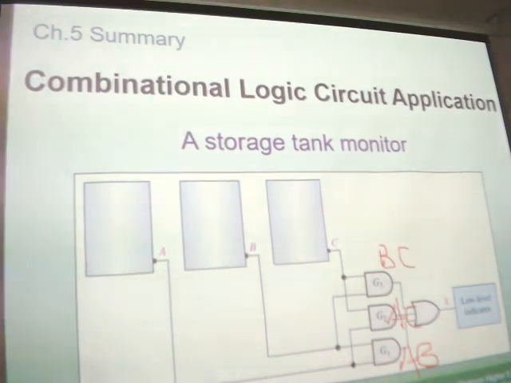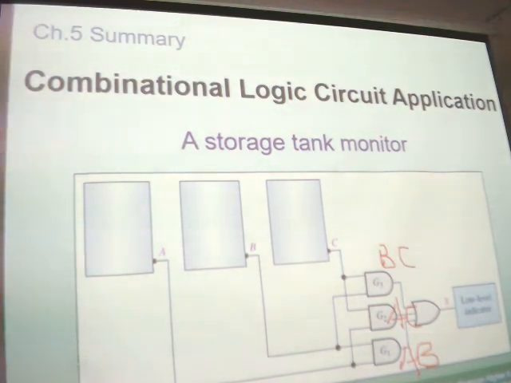So there are 4 ones: 1, 0, 1; 1, 1, 1; 1, 1, 0; and 0, 1, 1. So from this truth table, we know that if